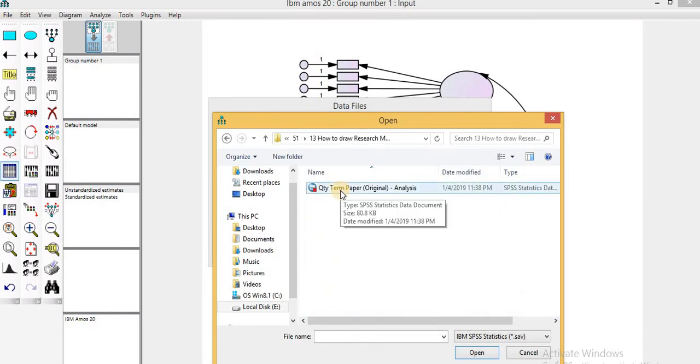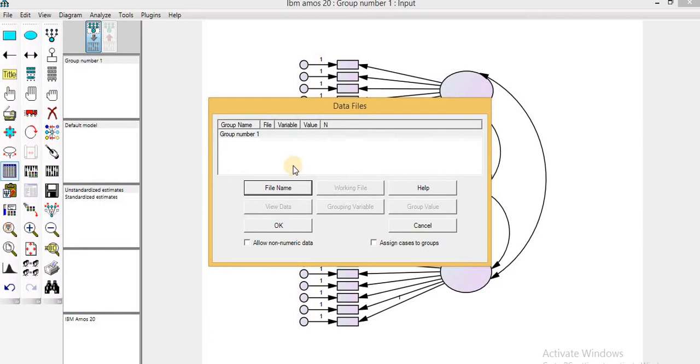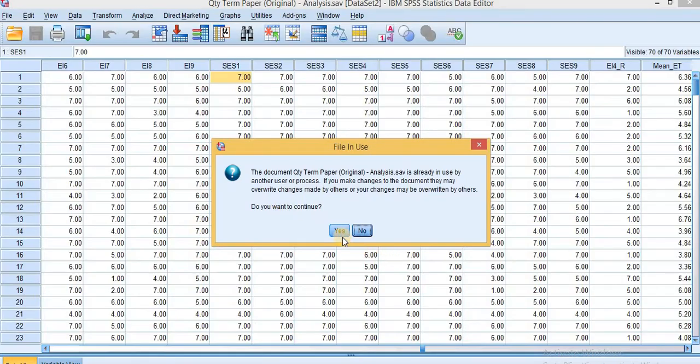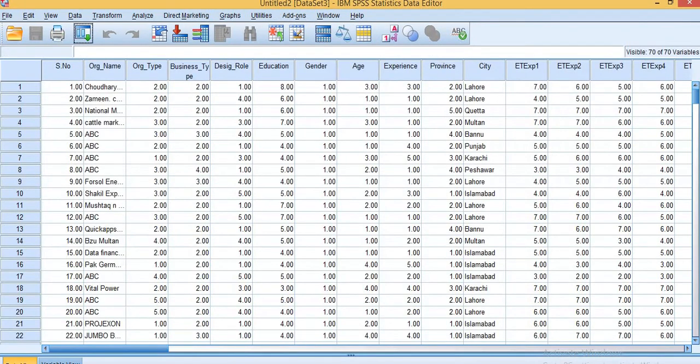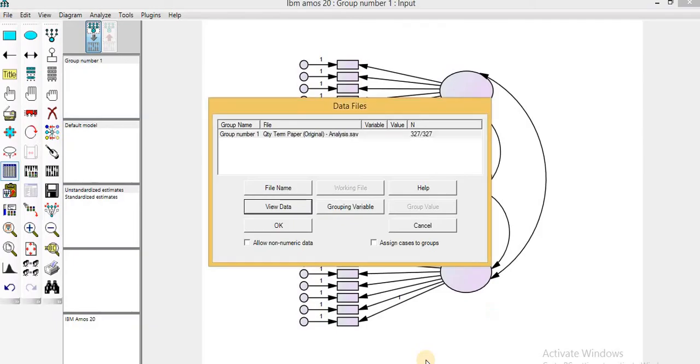So this is the file which I have inserted, and then view data. So yes, and then click on OK.